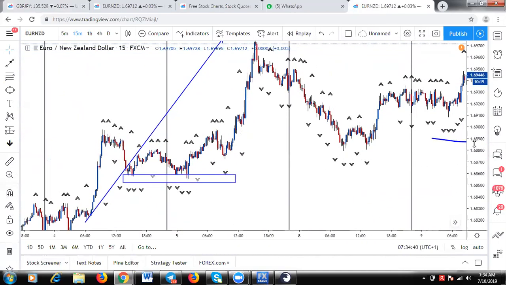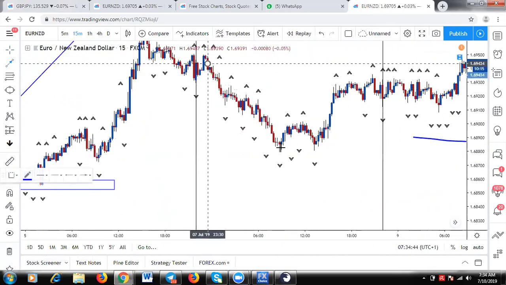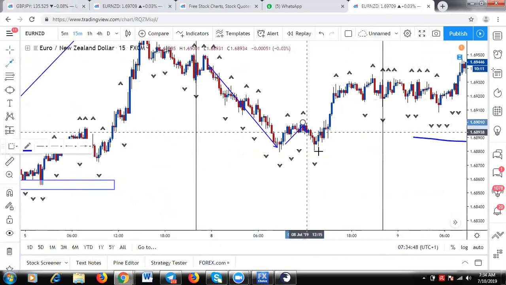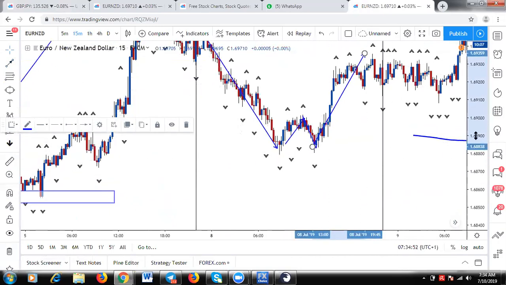Now look at this. This is another one. Can you see? Guys, look at the structure. The structure, the pattern is very important. You have a W staring at you in your face. All right, so now